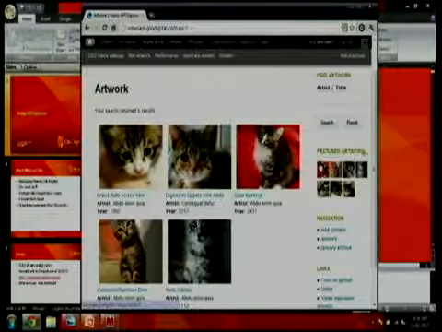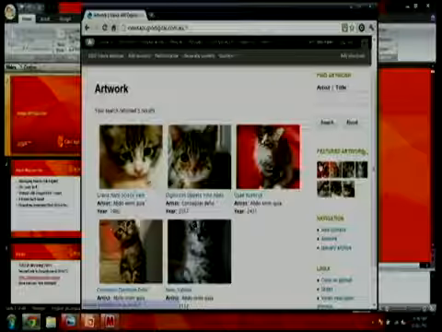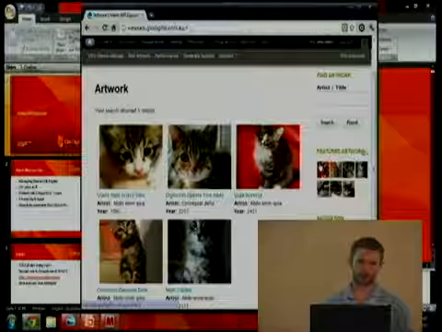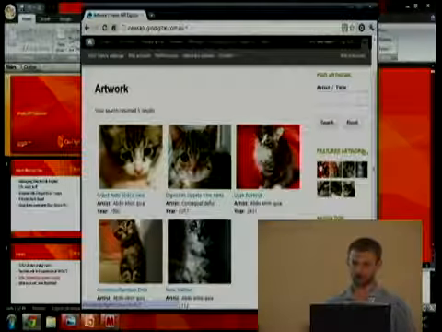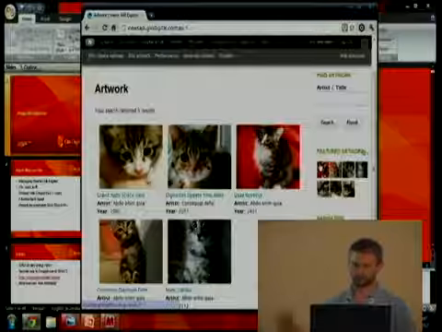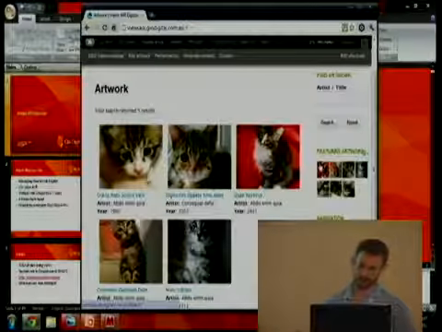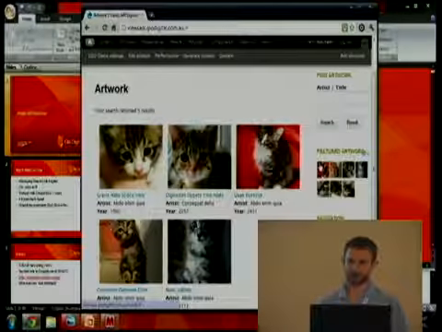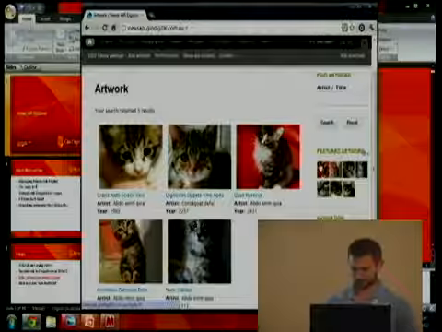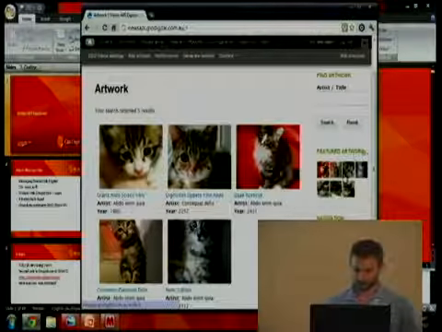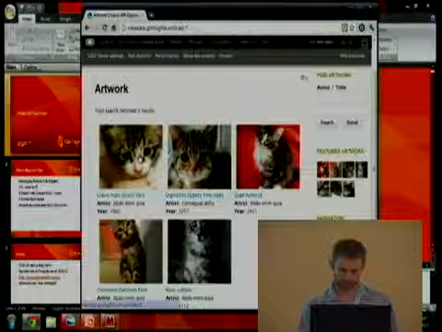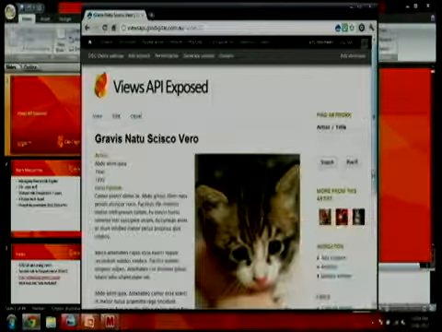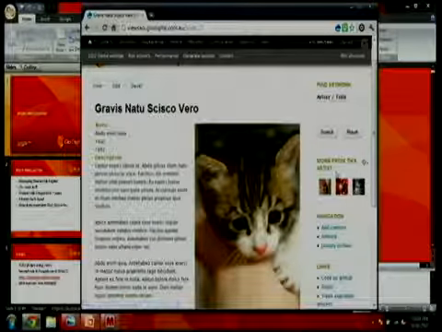Is showing featured artwork. So has everyone used the flag module before? Yeah, sort of. Flag module basically allows you to define flags that you can use on nodes or on users or on whatever else, just to toggle different, whatever you want to call it. So this one I've called featured, and so this is just a view of featured artworks. And I'm using that same block on an actual artwork itself with an argument, so it's showing only artwork from that artist.